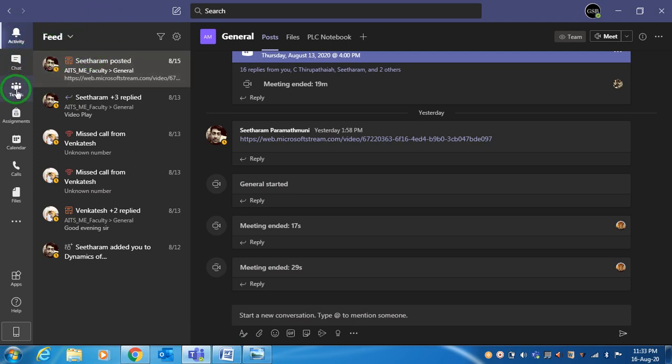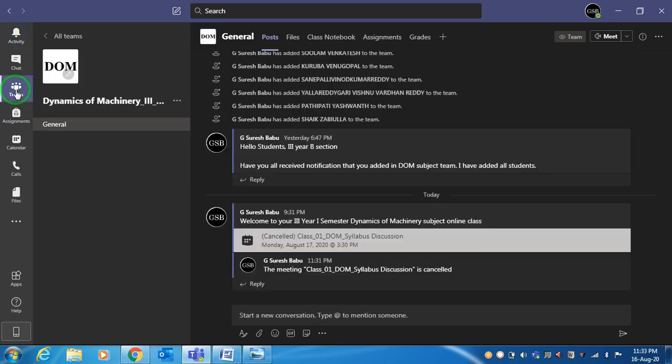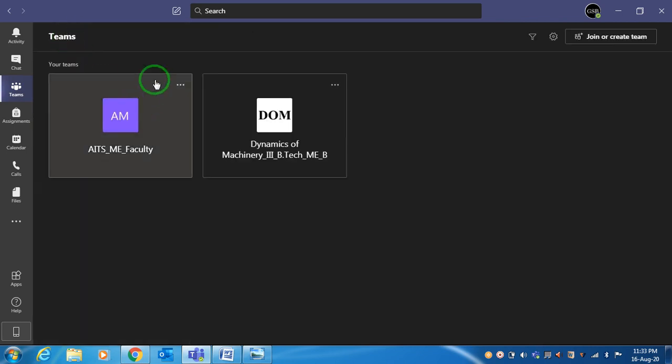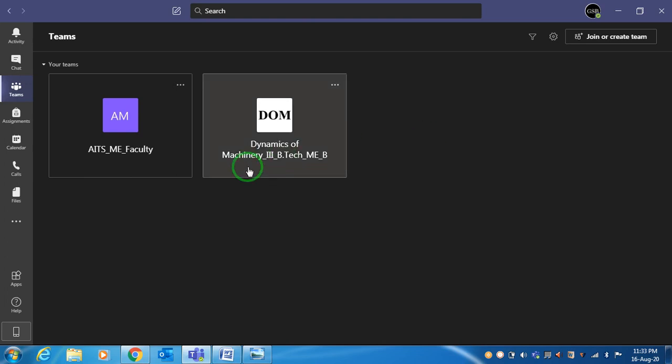After this, you can click on Teams on the left side, here, below chat, here Teams. Once I click on Teams, I can click here on all teams. When I click on all teams, these are the two teams where I am present: our mechanical faculty team and my allotted subject, dynamics of machinery. Once I click on this,